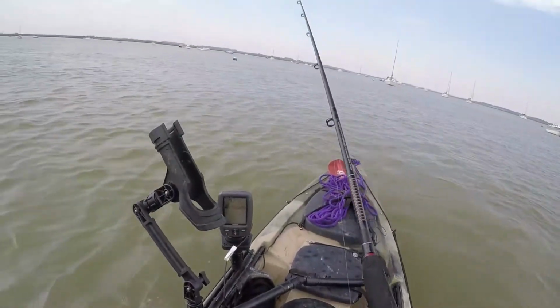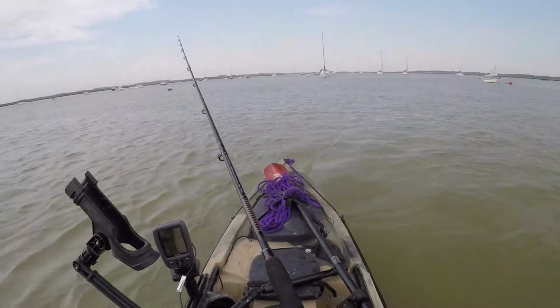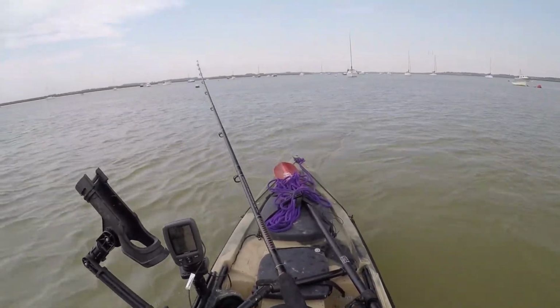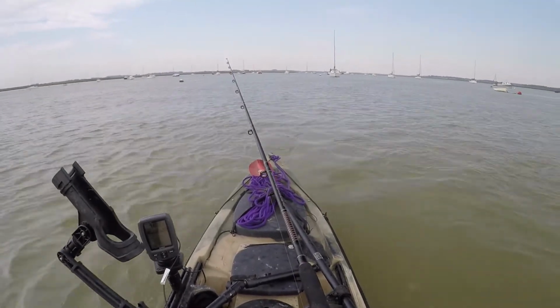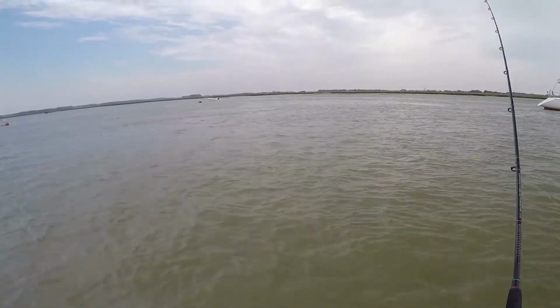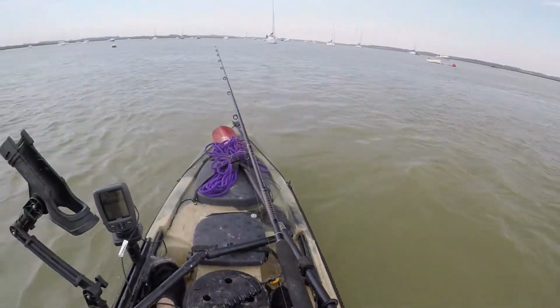So at the moment, I'm just holding this one, seeing if I can feel anything. I don't really like the idea of having my rods behind me. But what I've done with this one, I've set the drag really light, so that if I get something, hopefully there'll be a bit of a...